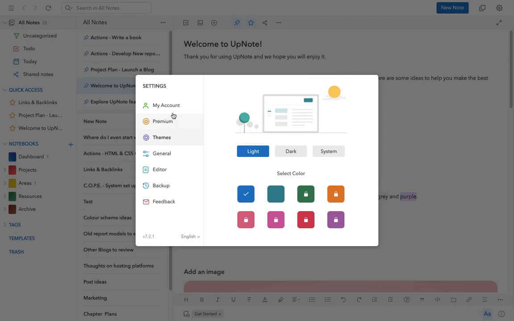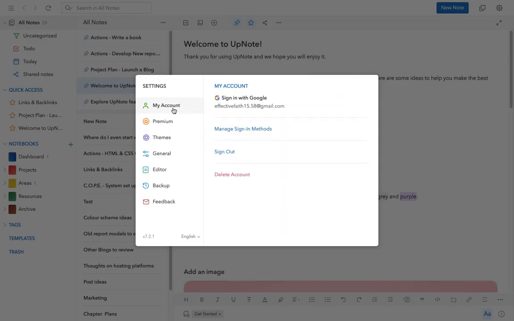When you open it up, you're greeted first of all, the top menu option with this My Account. This just shows you which account you're signed in with. That's my Effective Faith email address there. I'm on my demo account at the moment, so